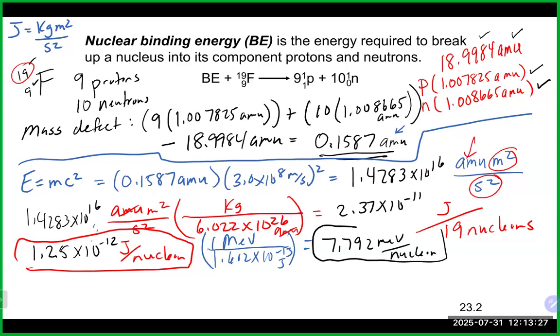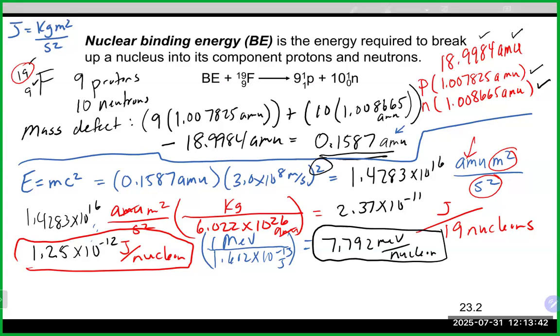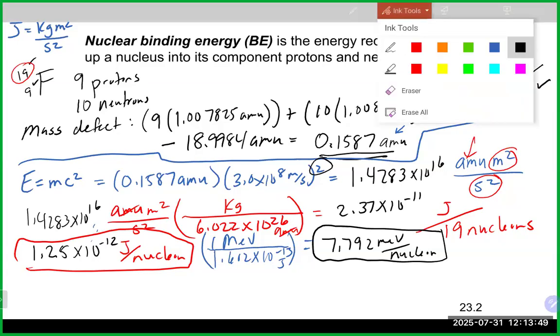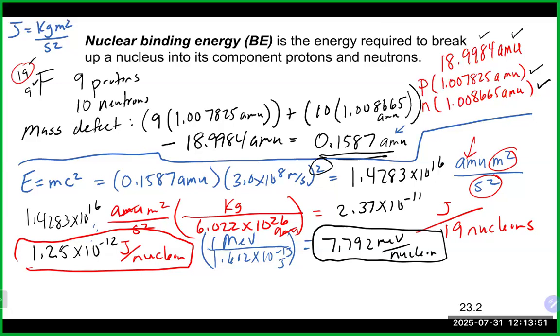So again, these are 2 different ways that you can display the answer. Don't forget the squaring part like myself there. Any questions on that there? All right, so what is sort of the alternative way you could do this? You can, if you wanted to, once you got the mass defect, which is right there,